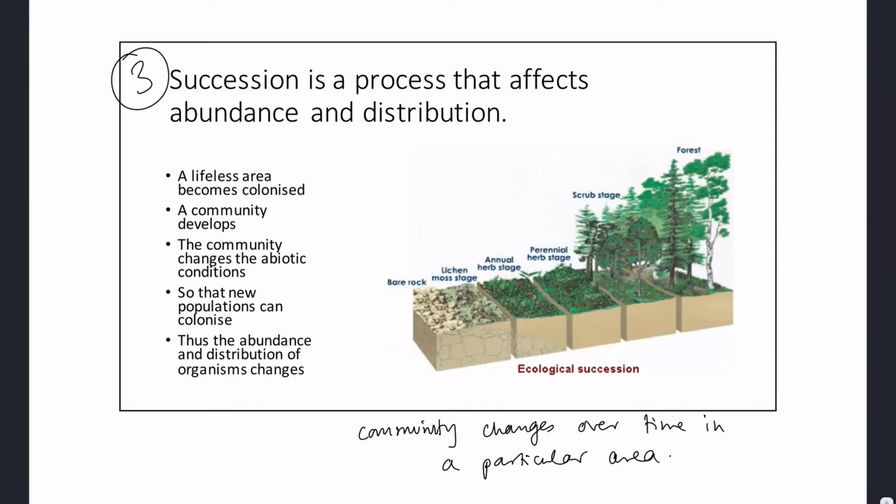Okay, and this is its basic definition. Now there's more specific types of succession that we need to be aware of, but essentially the community changes over time in a particular area, and the basic concept here is that